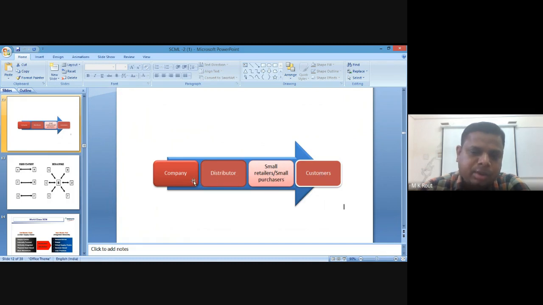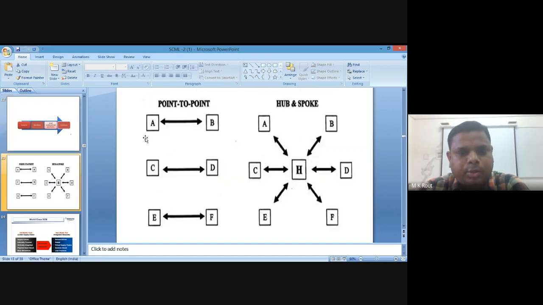In between the company and the consumer, they have two types of intermediaries. One is the distributor, and another is the small retailers. So basically, this material flow or product flow is carried out with the help of two methods. The methods are known as, one is point-to-point